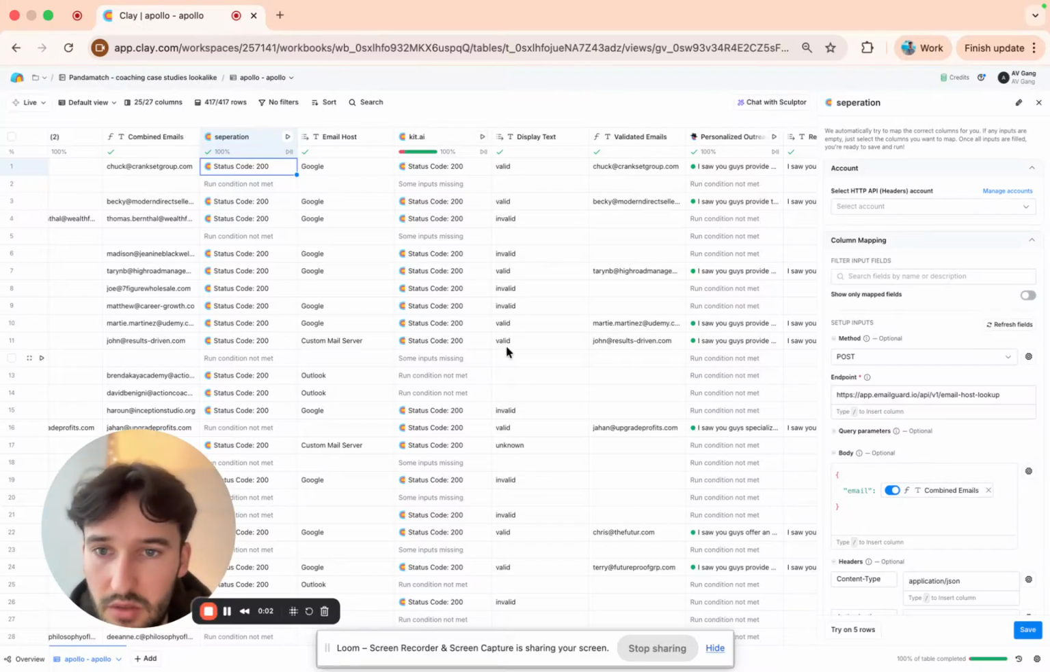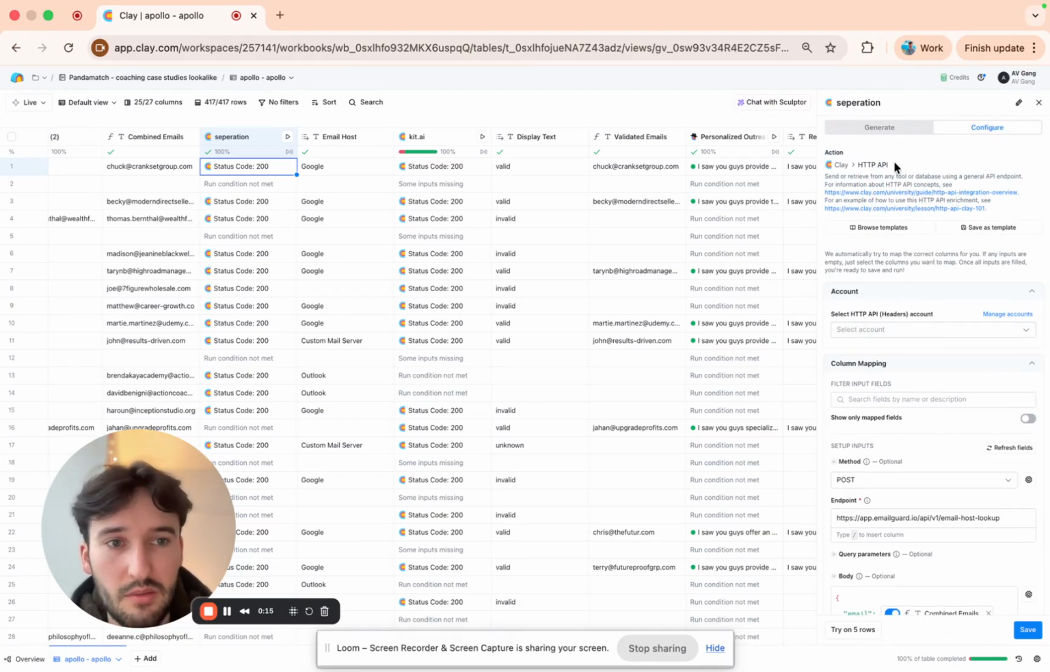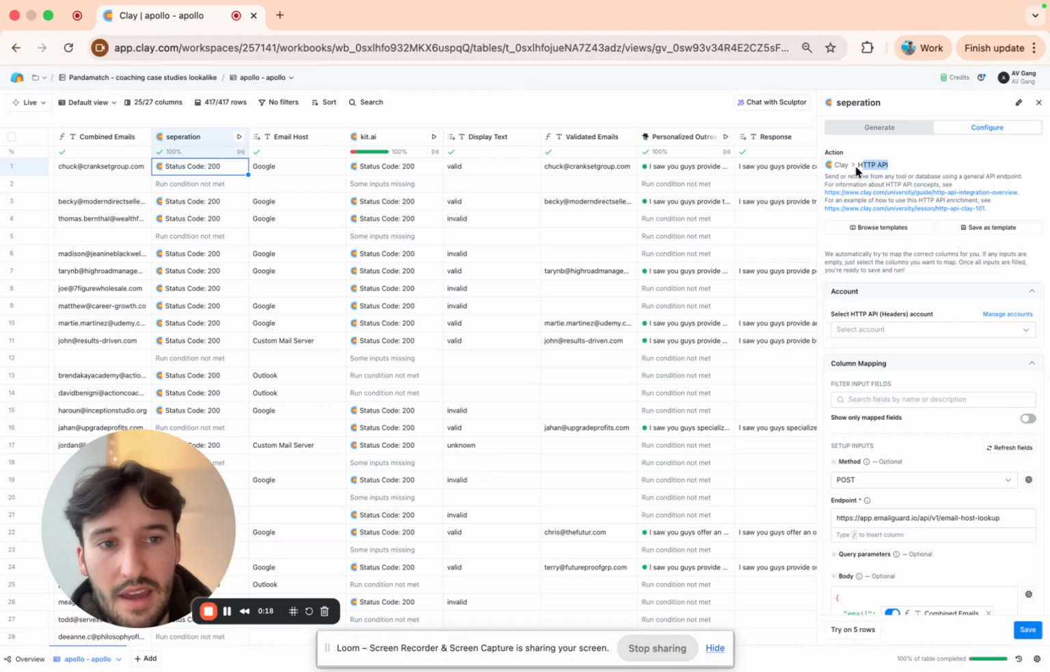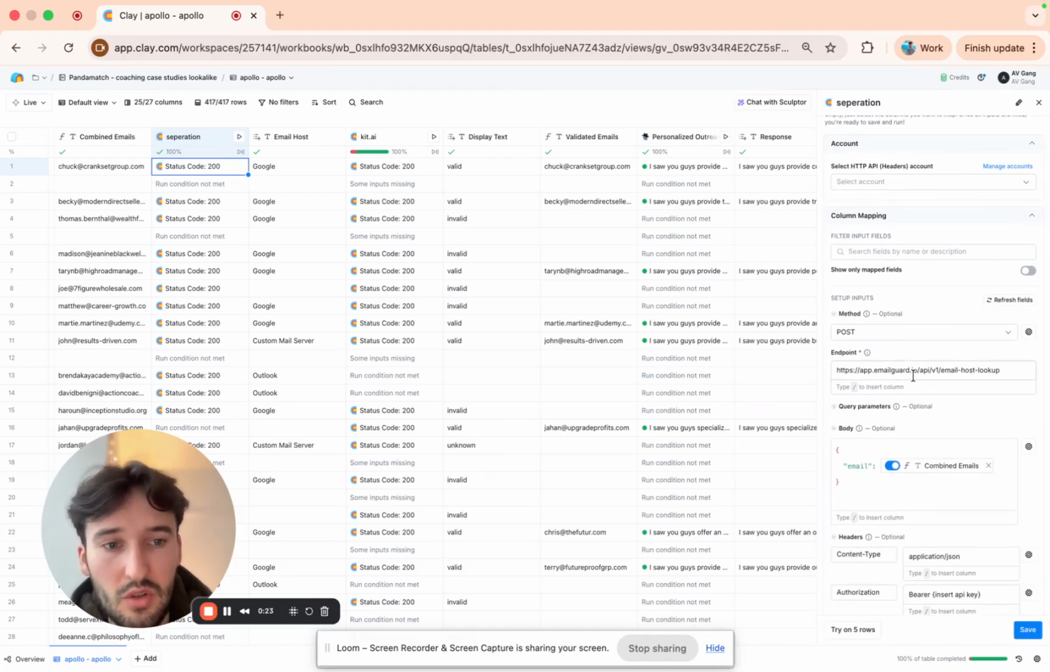Hi guys, in this really quick video, I just wanted to show you an advanced trick that we use in the cold email space to basically improve your deliverability. Not many people know about this unless you've gone down some rabbit holes. But basically in Clay, if you add a HTTP API column and then you use emailguard.io and you send it